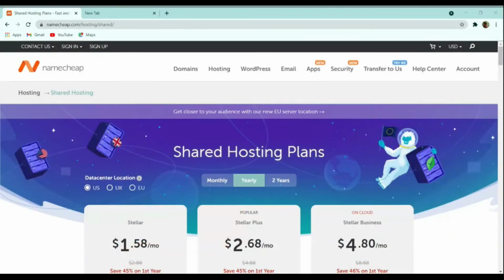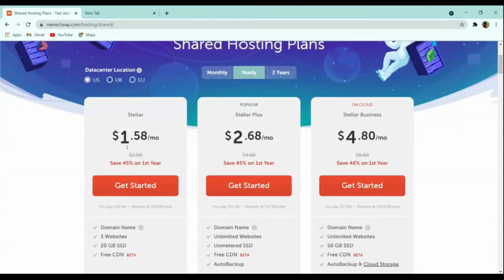So we are on the Namecheap hosting page, and I have been using Namecheap for 3 years now and have not faced any issue till date. All my websites which we have created for our tutorial purposes or anything, all my websites are hosted on this Namecheap only. I recommend you use the same as it is very easy to use and configure, and also cheaper than other providers. You can check other providers' prices and you will definitely see that Namecheap is very cheap.